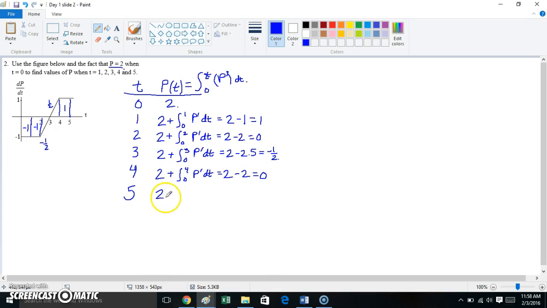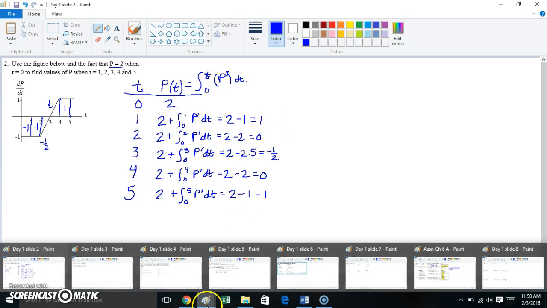And for 5, 2 plus the integral from 0 to 5 of p prime dt is 2 minus 1, which equals 1 again. Okay, we've got symmetric areas there, so that was easy to figure out. All right, and we have found the values of p of 1 through 5. Okay, our next example,